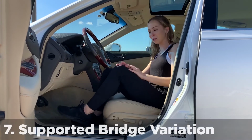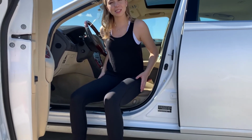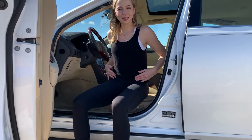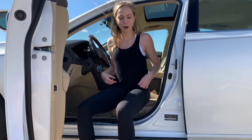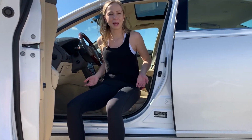And the last pose I will show you is a supported bridge. Simply place your feet outside of the car here. This is to help move your hips in the opposite direction. So all day they're sat hinged forward, and you want to really counter stretch them by lifting your hips up